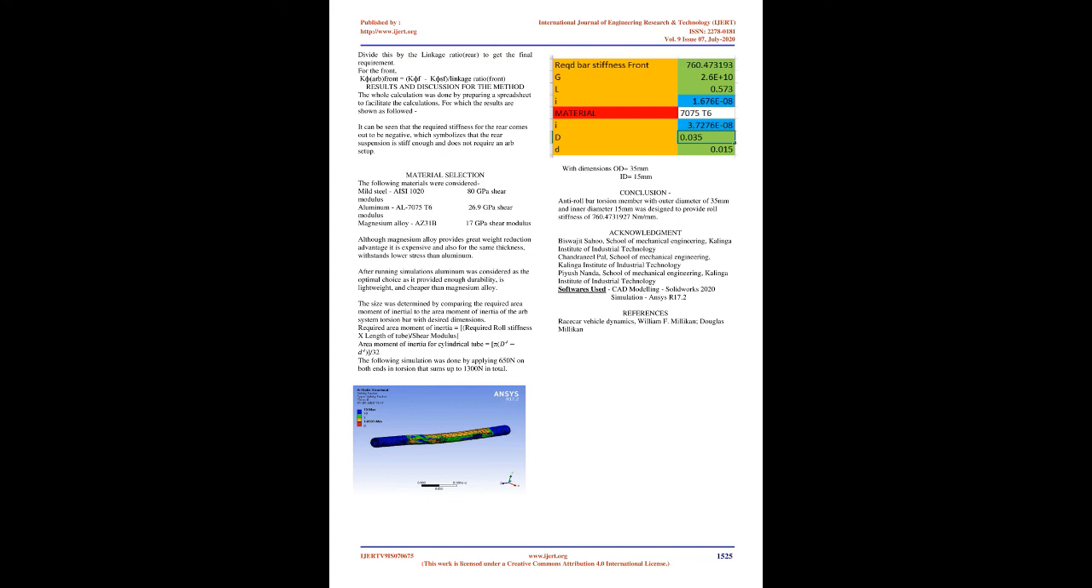ID equals 15 mm. Conclusion: The anti-roll bar torsion member with outer diameter of 35 mm and inner diameter of 15 mm was designed to provide a roll stiffness of 760.473197 Nm/mm. Acknowledgement by Biswajit Sahoo, School of Mechanical Engineering, Kalinga Institute of Industrial Technology;